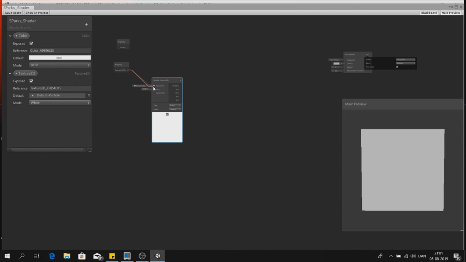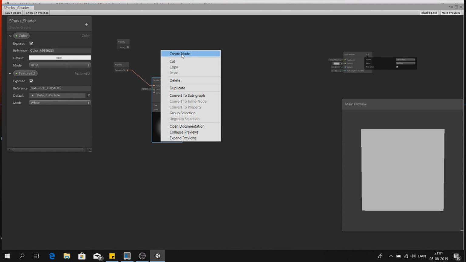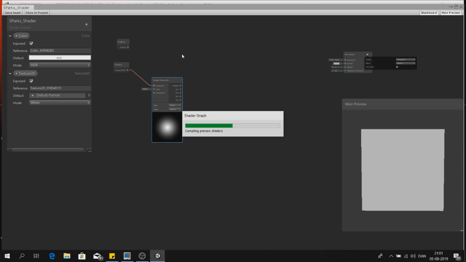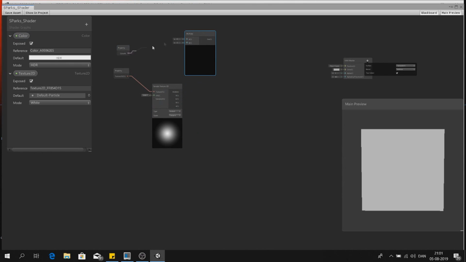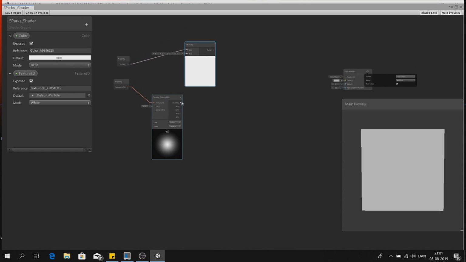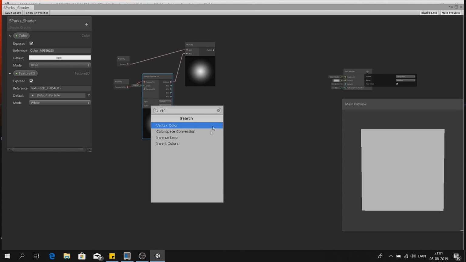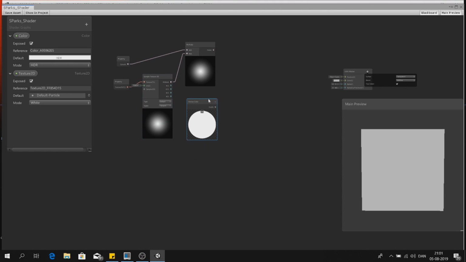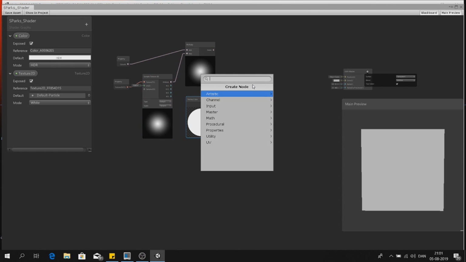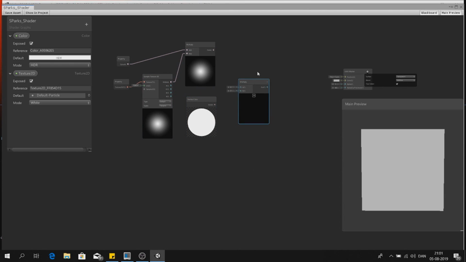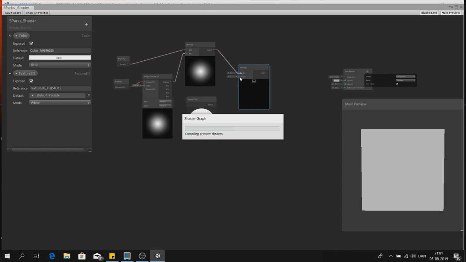Take these two and combine, and make a multiply. Take these two and combine, make a vertex color, and make a new multiply, combine these two,